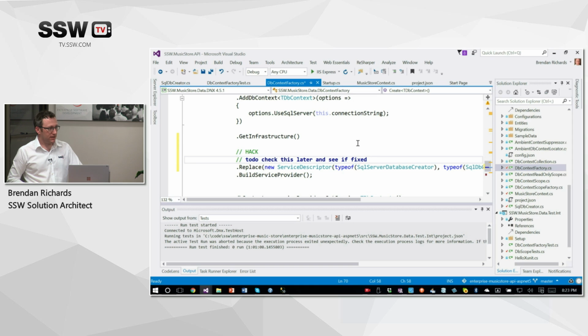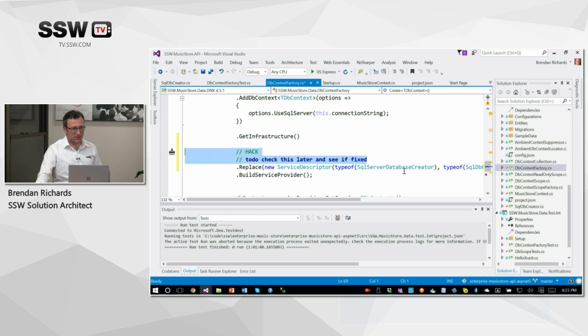The best thing to do, and what I have done so far, is raise that as an issue on the Entity Framework issue board. If I get around to it, I might even submit a pull request. So that's the best way of going around this. And we were thinking of ways of guaranteeing that you come back and check this later. I've put some comments in there.